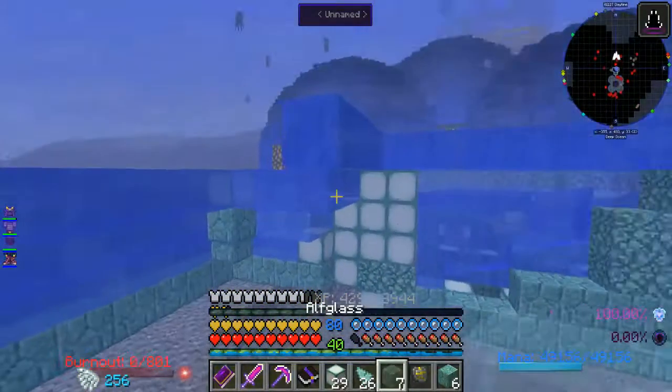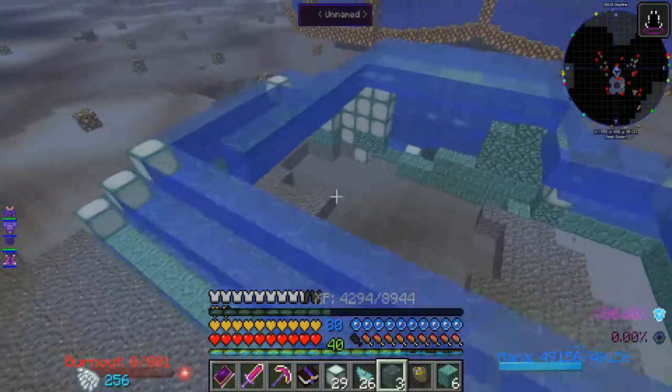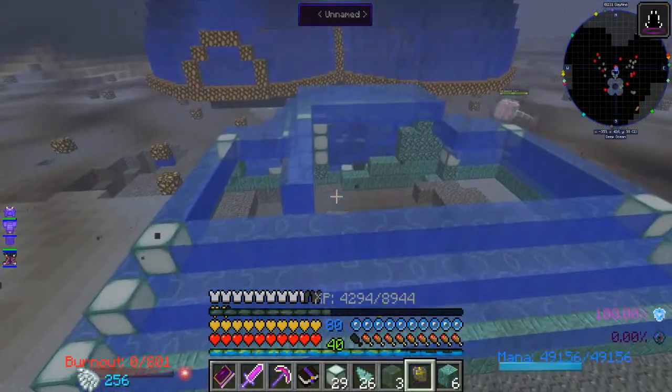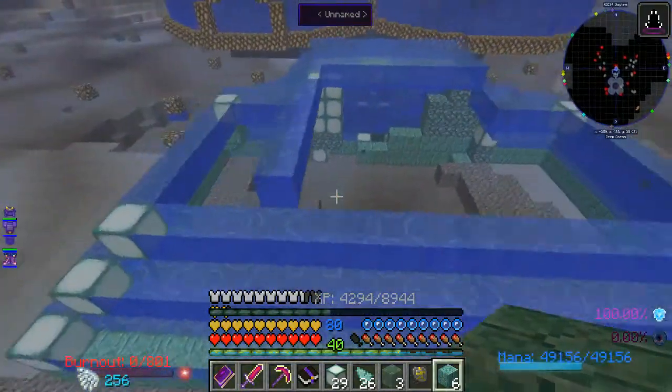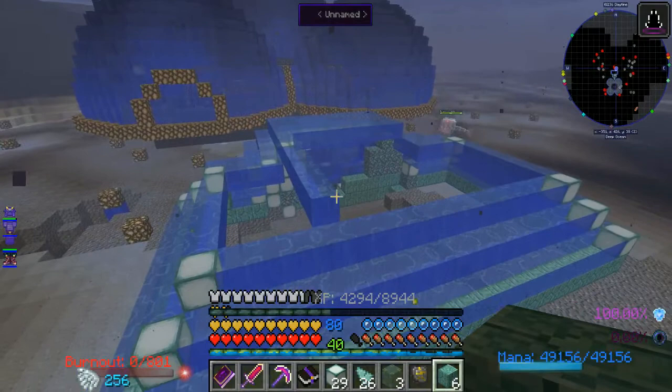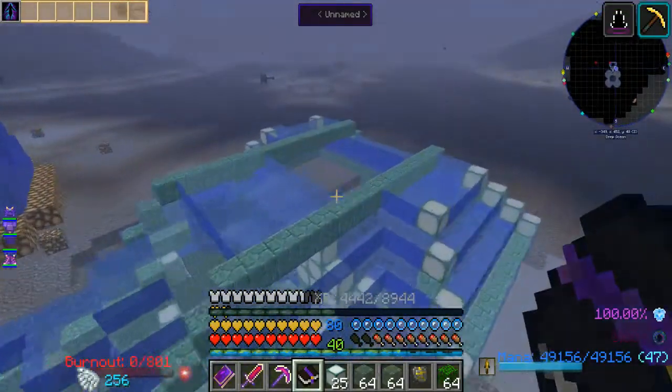Let's see. If I go straight across, and actually, you know what I'm going to do? Instead of doing that straight across, I might do something like a support beam type thing. Maybe. We'll see. Then I'll go up one higher. I think that'll work. Just came back from base, got some more mana glass, as well as a bunch of